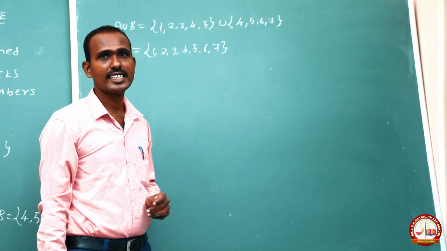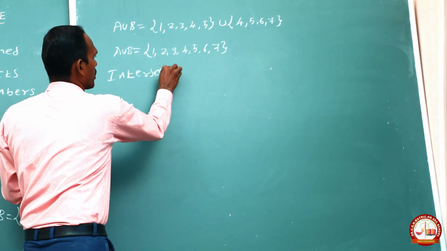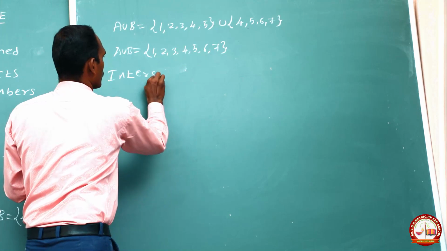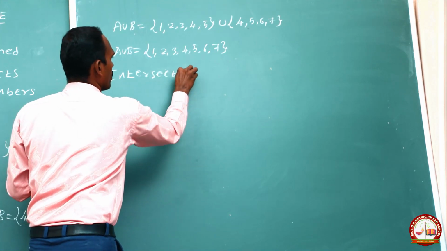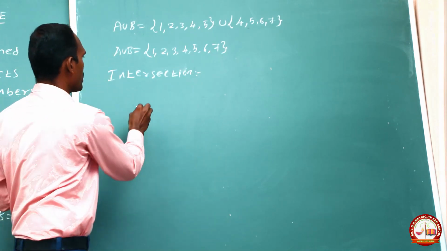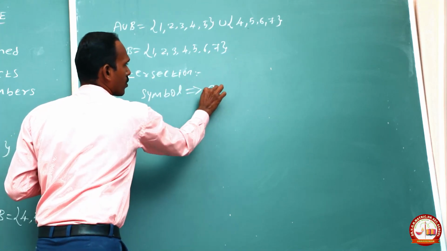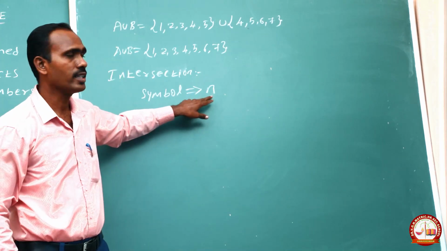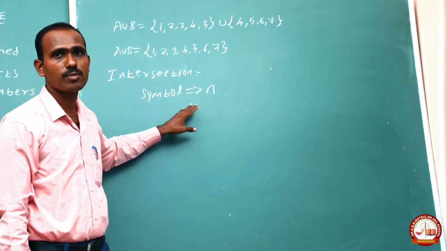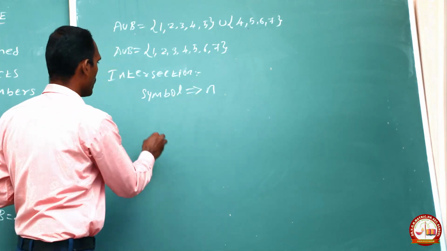Okay. Next we see the intersection symbol. Okay. This is the symbol for intersection. So what is intersection? Intersection means we have to write the common elements in both the sets. Okay. We see one example for intersection. Example: